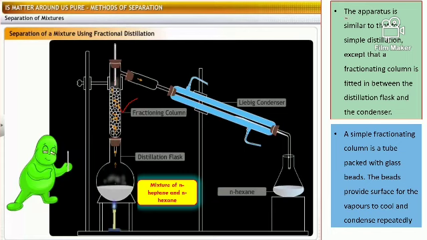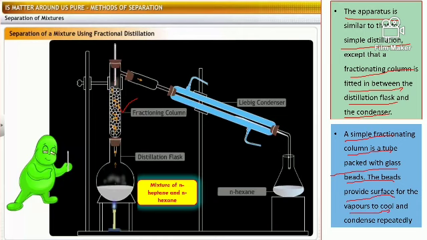The apparatus is similar to that for the simple distillation, except that a fractionating column is fitted between the distillation flask and the condenser, as I already told you. A simple fractionating column is a tube packed with glass beads. The beads provide surface for the vapors to cool and condense repeatedly.